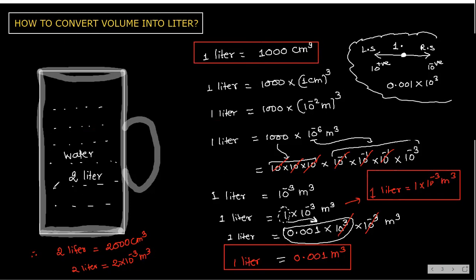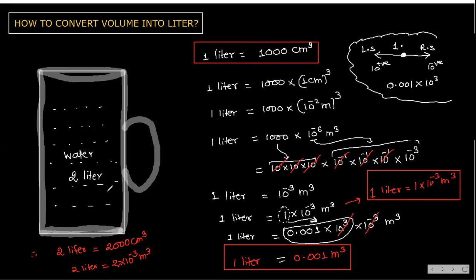Because see, if you want to keep 2 liter, this is how much? 2000 centimeter cube. So centimeter cube is very small. Liter is most preferable, no? Sir, most daily used volumes are not as small to be measured in centimeter cube or as big to be measured in meter cube. Therefore, liter acts as an intermediate between them and is very easy to measure. Very good.